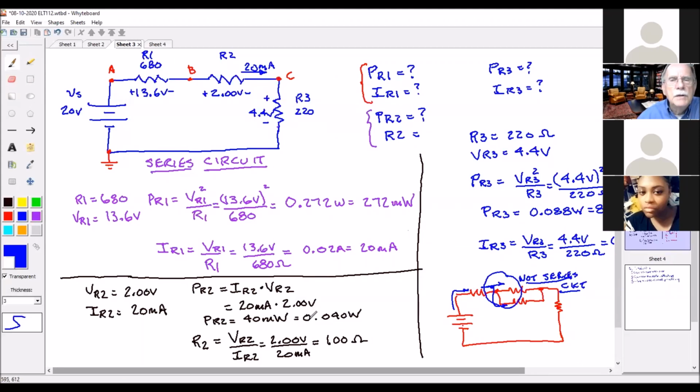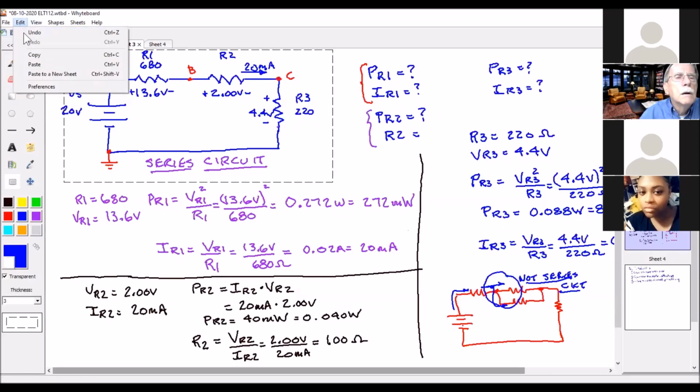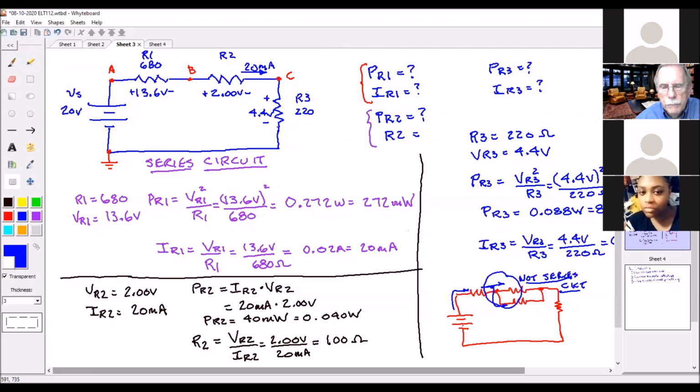Okay, so let me just take that circuit. I wonder if I can do that. Give me a minute, I'm going to try something. Oh, nice. So if I take the circuit and look at it now,